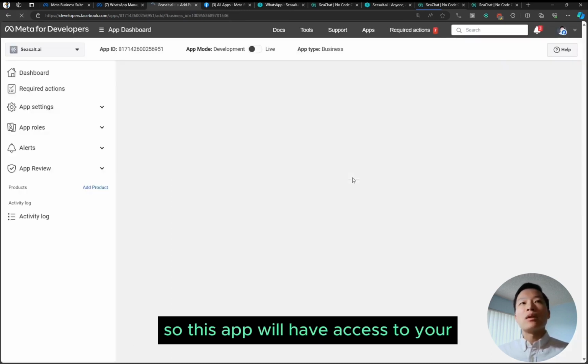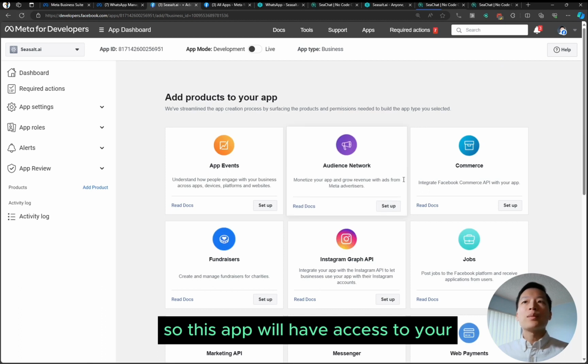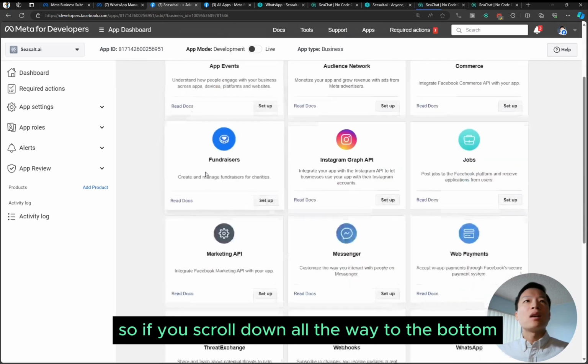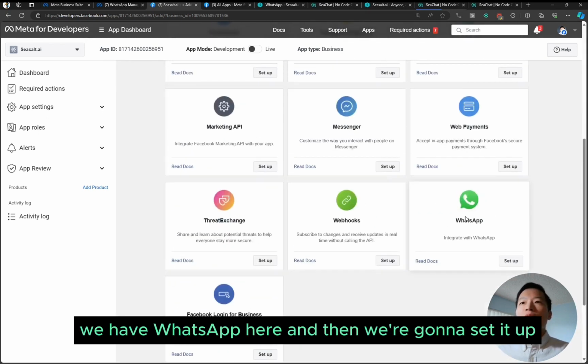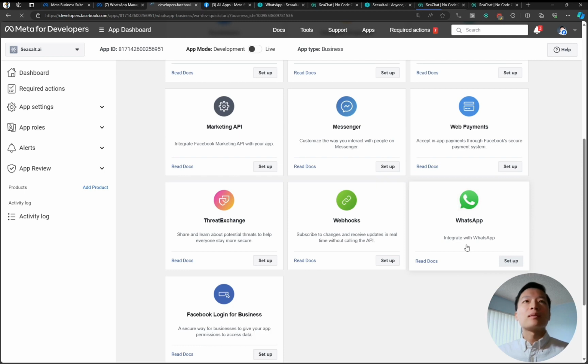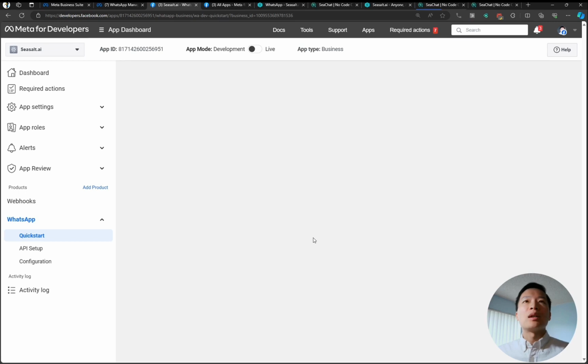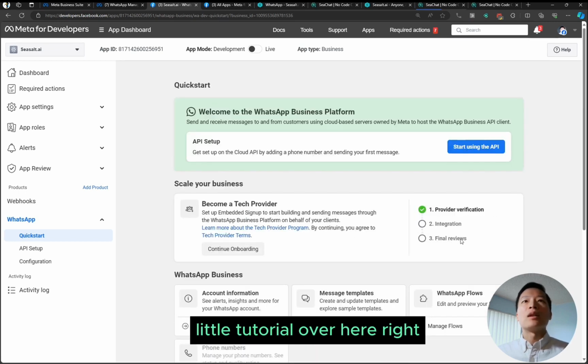So this app will have access to your Meta business account, right? If you scroll down all the way to the bottom, we have WhatsApp here, and we're gonna set it up. Click on Setup, and it's gonna bring you to a 3-step little tutorial over here, right?